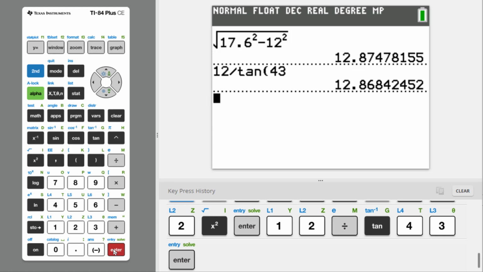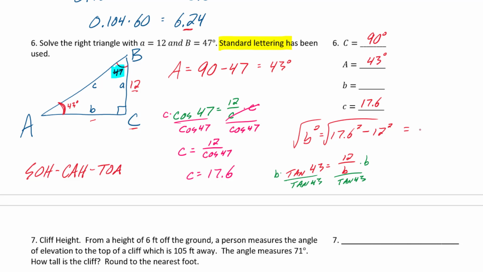We got out to the hundredths. We had a little discrepancy, but at least to the tenths we were accurate. And they would both round up, so calling it 12.9 should be relatively safe for both of these. So 12.9 was side B. I'll do a little bit more mindful labeling there. And again, the other one also came back B equaling